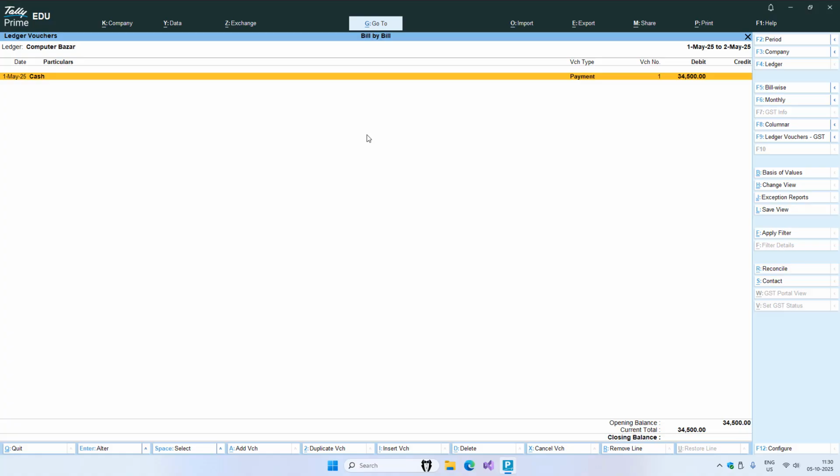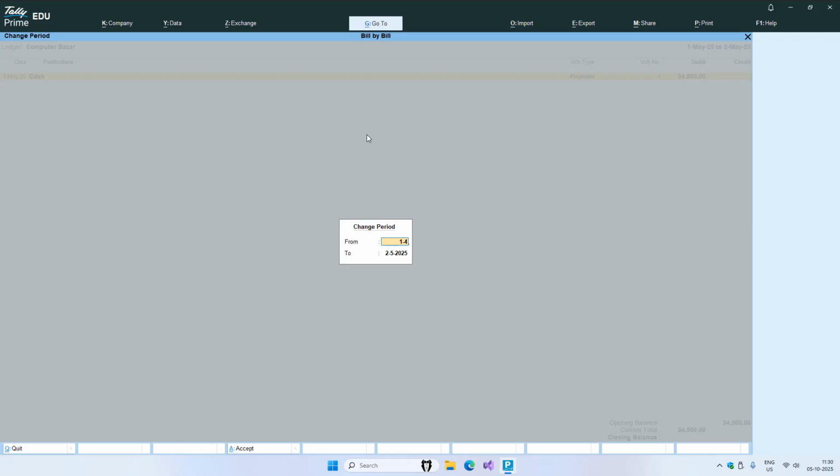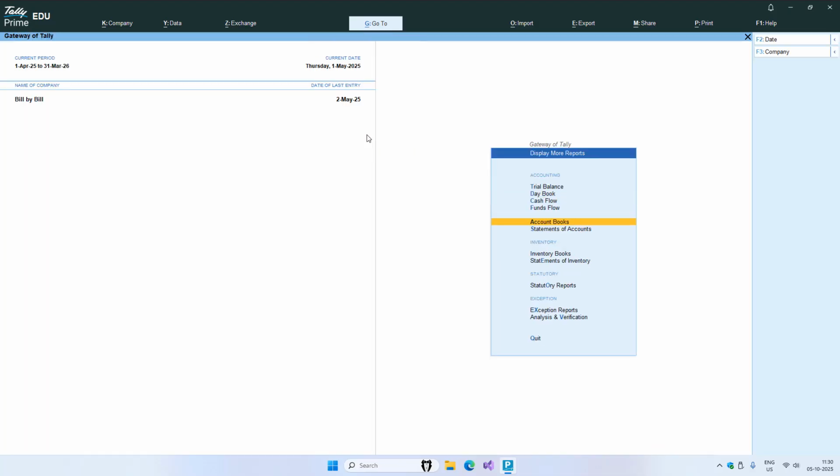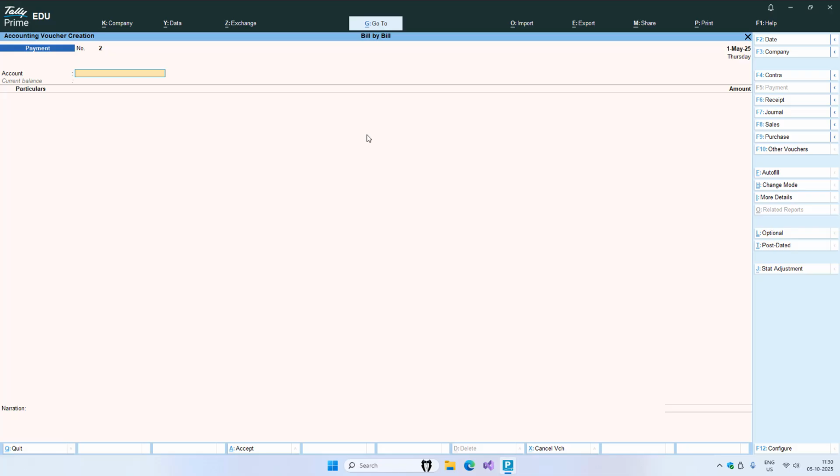Here you can also press the F2 key to see the ledger for a particular period, let's say from 1st April to 1st May. On 1st April we made a purchase of 34,500, and on 1st May we made the payment. So in the same way, let's say we add a receipt entry, F6, and here I again choose cash, and